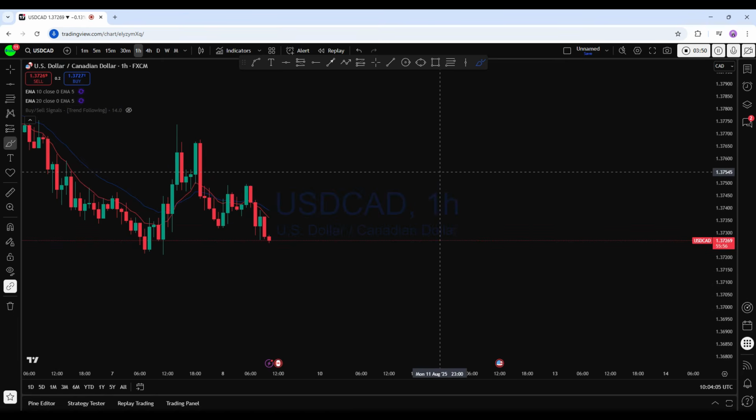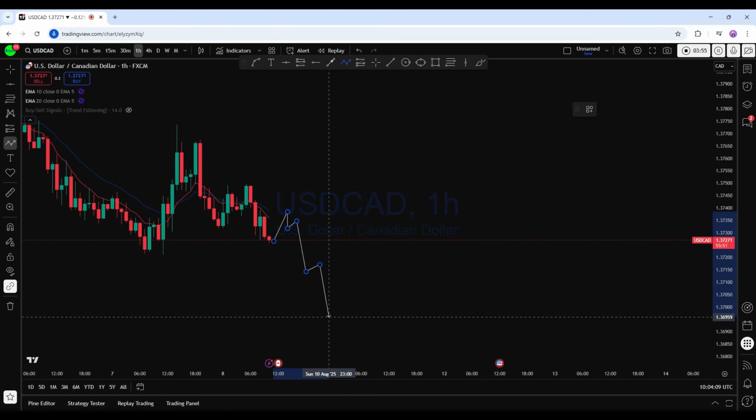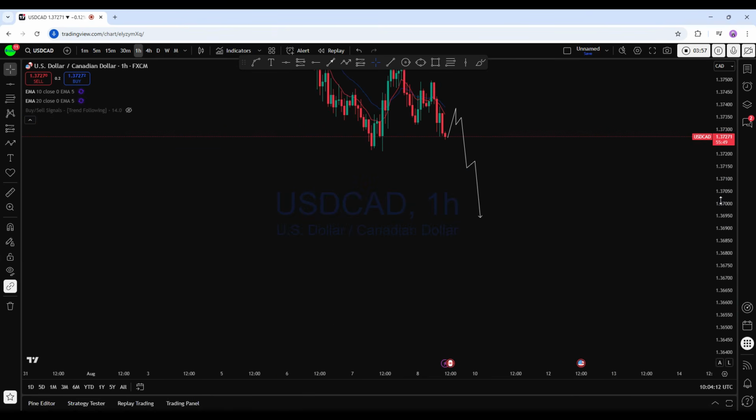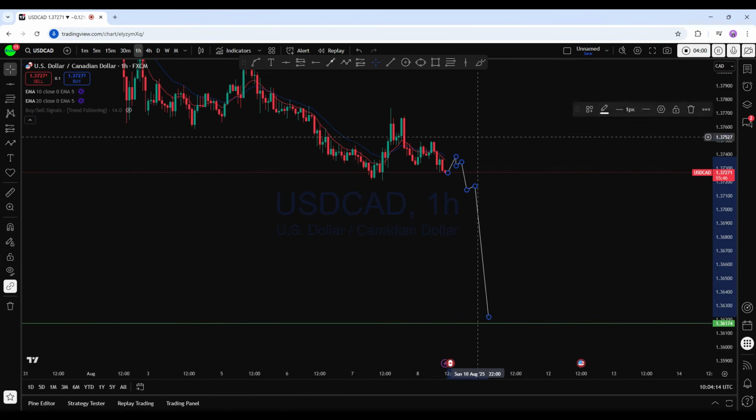So this is the lower time frame price action. We will be looking for potential entry on dollar CAD. As soon as we find suitable entry confirmation on dollar CAD, we will be looking to sell with a